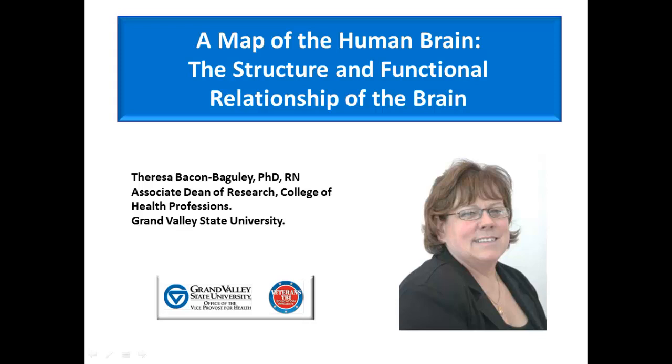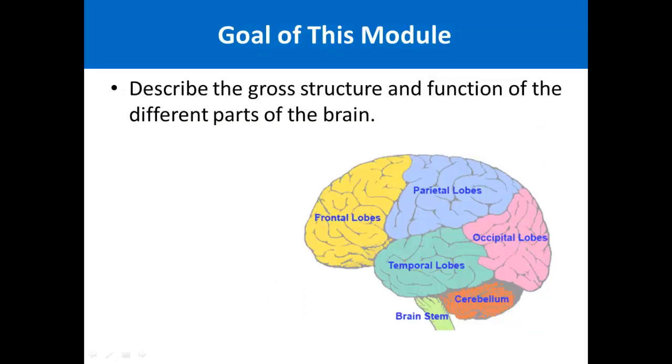Today, we're going to look at a map of the human brain. And more specifically, we're going to look at the structure and functional relationship of the brain. By the end of this module, you'll be able to understand that each part of the brain has a very specific function. The goal of this module is to describe the gross structure and function of the different parts of